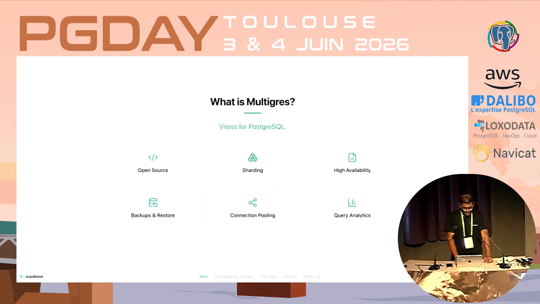Right? So what is Multigres? A little context. In one line, it is just Vitess for Postgres. If you know Vitess from the MySQL world: horizontal scaling, connection pooling, cluster orchestration, failover, etc. That's the shape of what we are building, but just for Postgres. You don't need to hold all of that in your head today. The only thing that matters for this talk is that there is a proxy sitting between your application and the database. And my job for the next half an hour or so is to convince you that the proxy can be completely invisible.